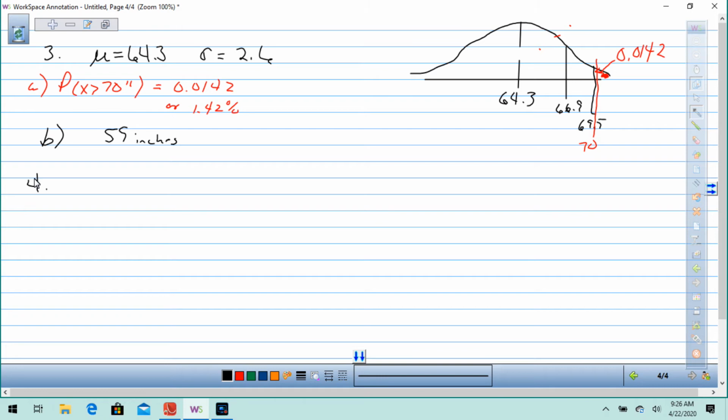Number 5, unbiased estimators. What is an unbiased estimator? A statistic that targets the value of the population parameter in the sense that the sampling distribution of the statistic has a mean that is equal to the corresponding parameter. So 5A, an unbiased estimator